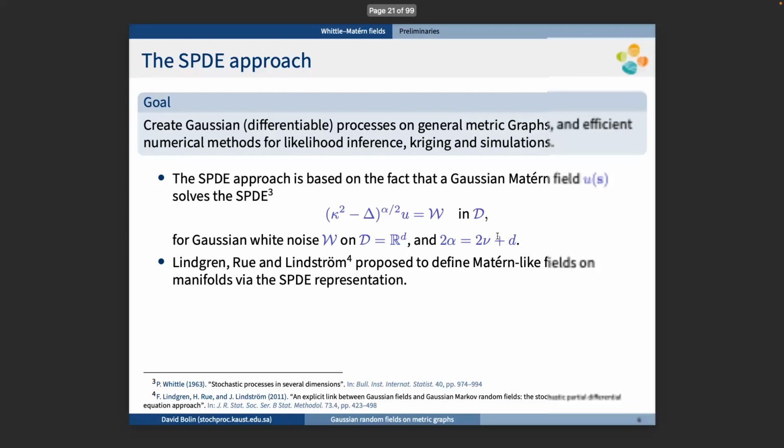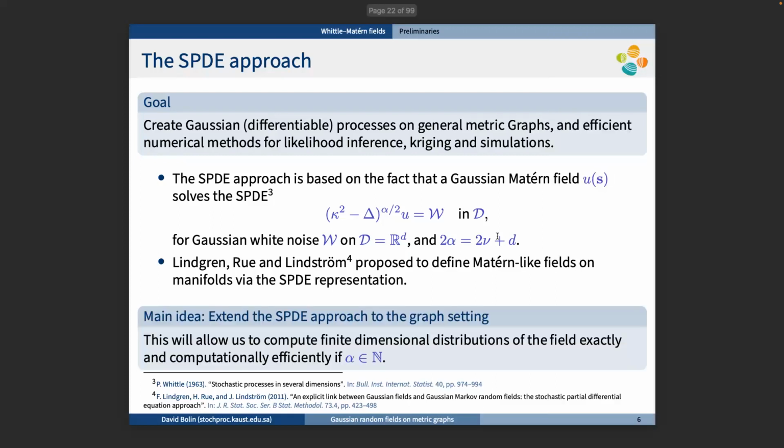Right, so the main idea is basically to extend this SPDE approach to the graph setting. So basically, consider models that are formulated as stochastic PDEs like this, but where now D is this compact metric graph. And this turns out to be very nice in the sense that in certain cases, you can actually work with